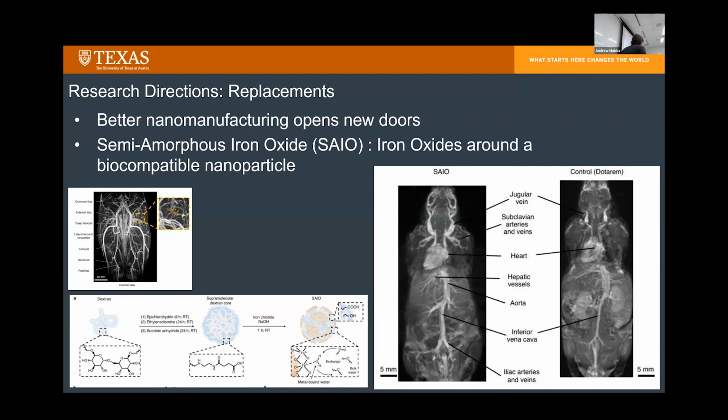So this one is an iron oxide based nanoparticle system. They have this little glob of biocompatible stuff, and then they slap a bunch of iron oxide onto it. And iron oxide has a relatively high magnetic moment, so you get a high relaxation effect. And importantly, these people were able to demonstrate that they got a T1 changing effect, and they were able to demonstrate higher resolution images